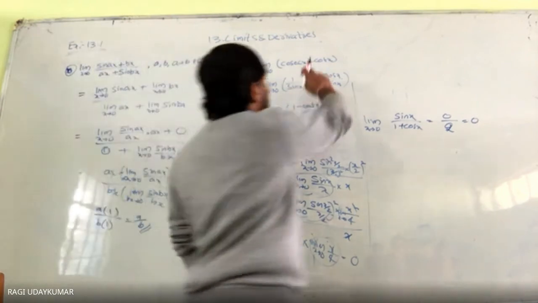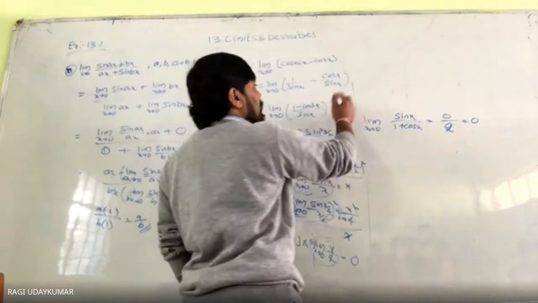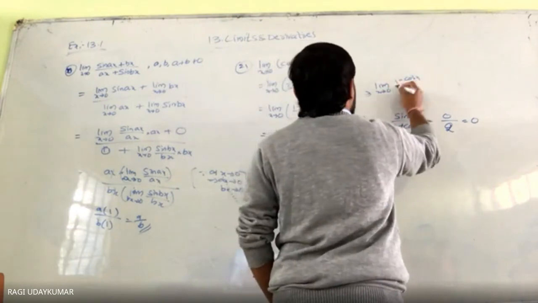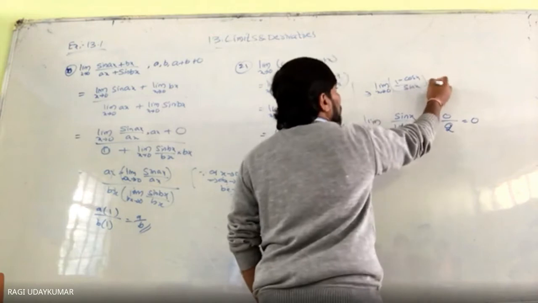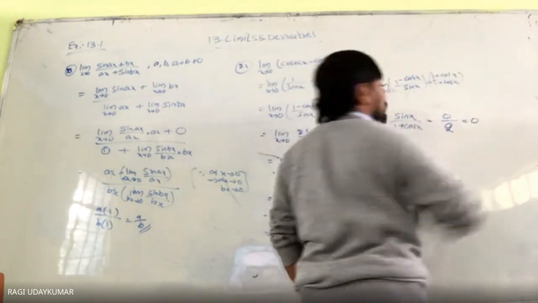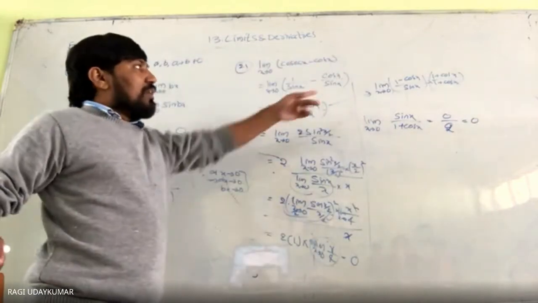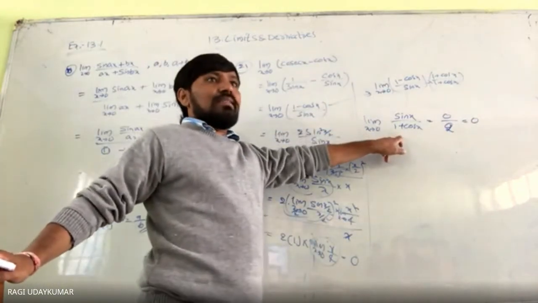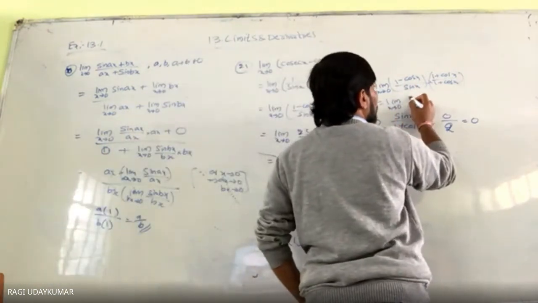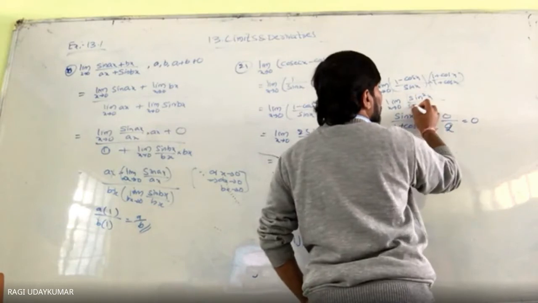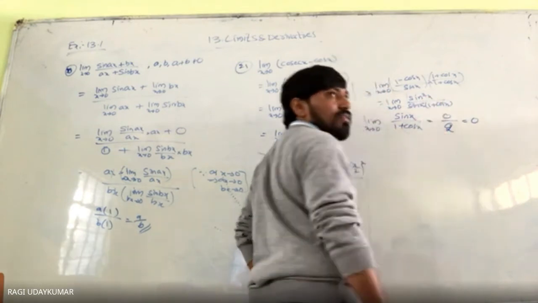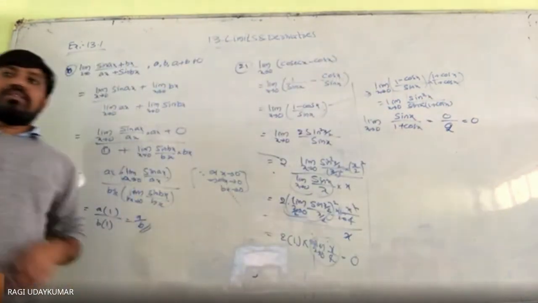Previous one only, when you are converting, it is easy. You can write this one as 1 minus cos x. From here, if you take limit x tends to 0 of 1 minus cos x by sin x, multiply and divide by 1 plus cos x. Yes, you can do it. Then you are going to get sin x by 1 plus cos x. You know this, right? You can do it. Sin square x by sin x into 1 plus cos x. Square is 0. In both ways, we have the same answer.